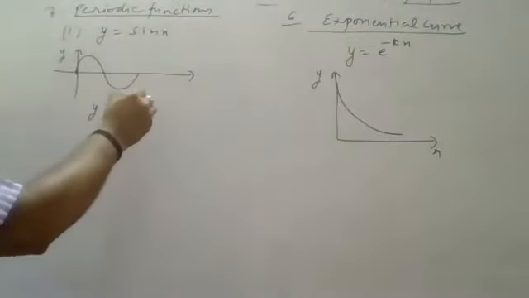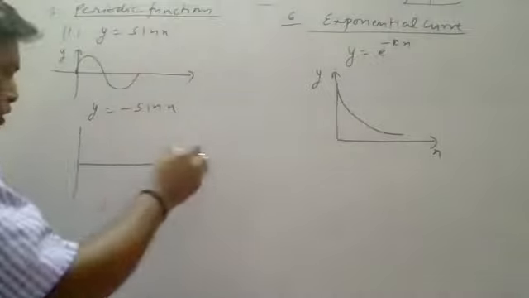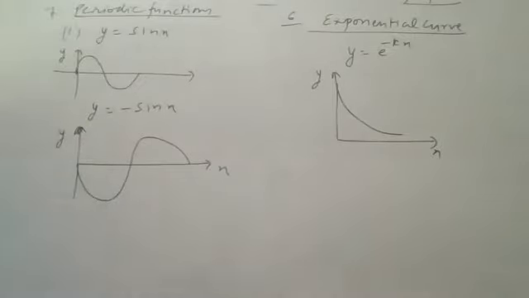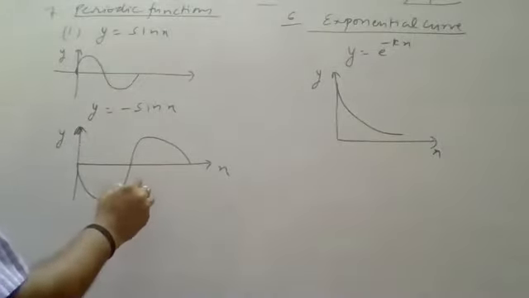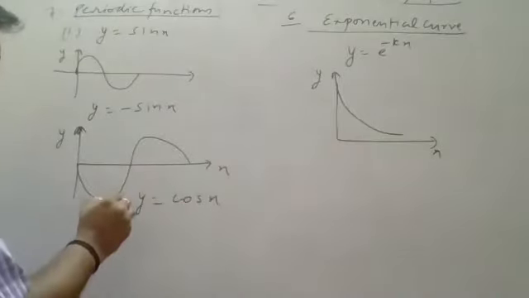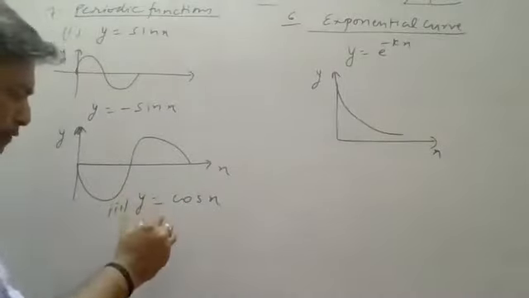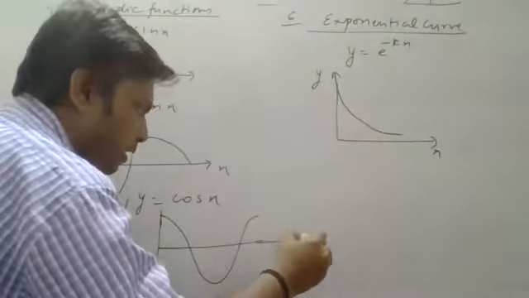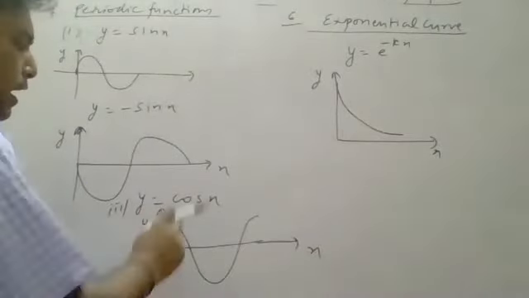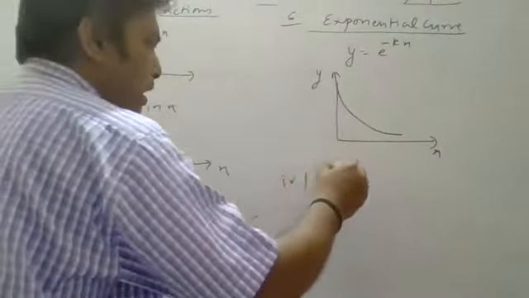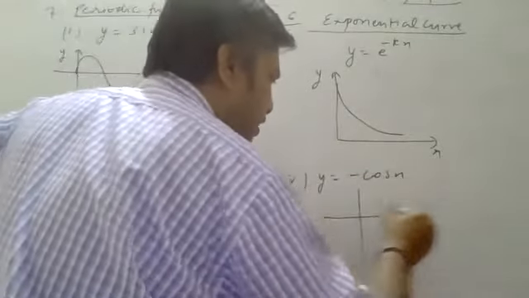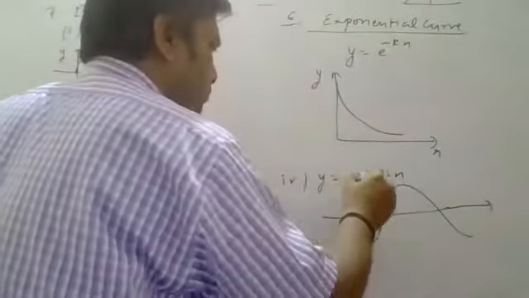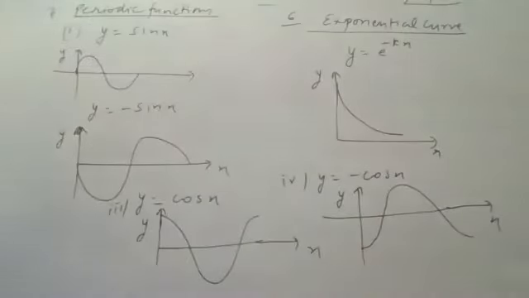If we have y equals minus sine x, you have to plot the graph in this manner. It will start from the negative side. It is y equals minus sine x. Third situation, y equals cos x graph, then the graph will be here. This graph will start from maxima. It is y equals cos x graph. And the last one, if I am saying y equals minus cos x, then this graph will start from the opposite side maxima. This will be the graph. It is y and it is x. y equals minus cos x.